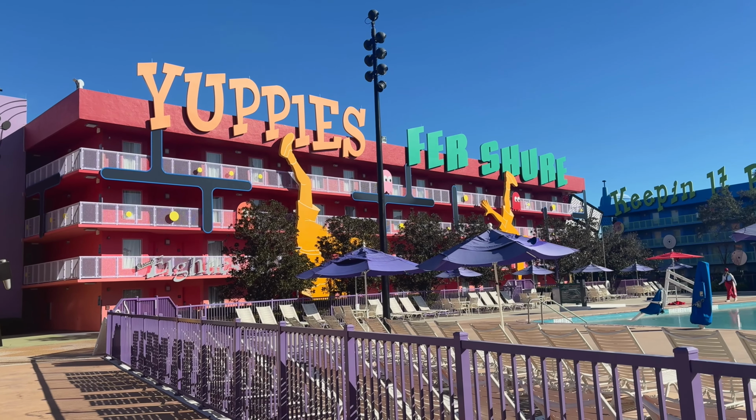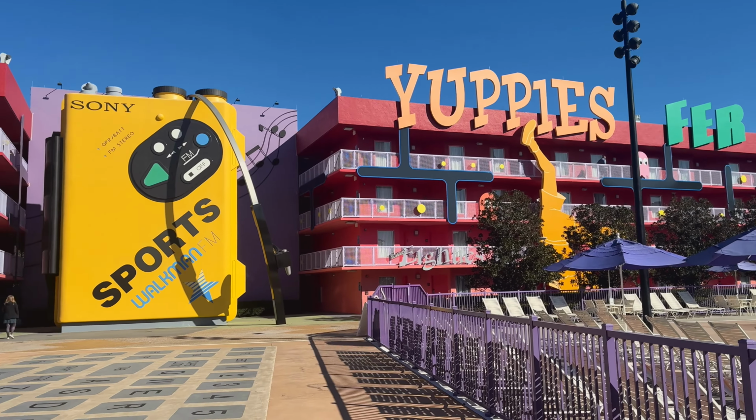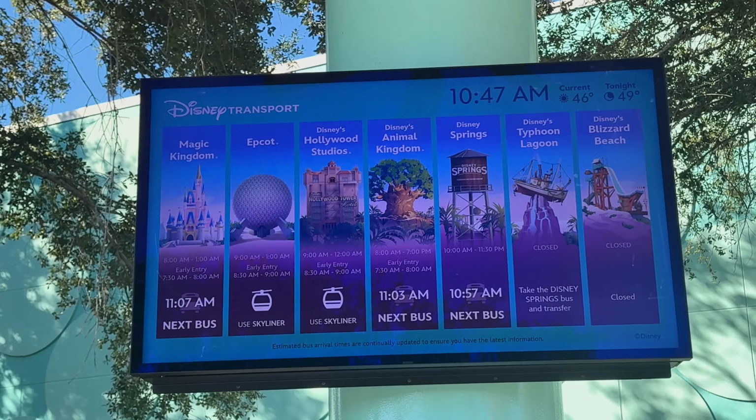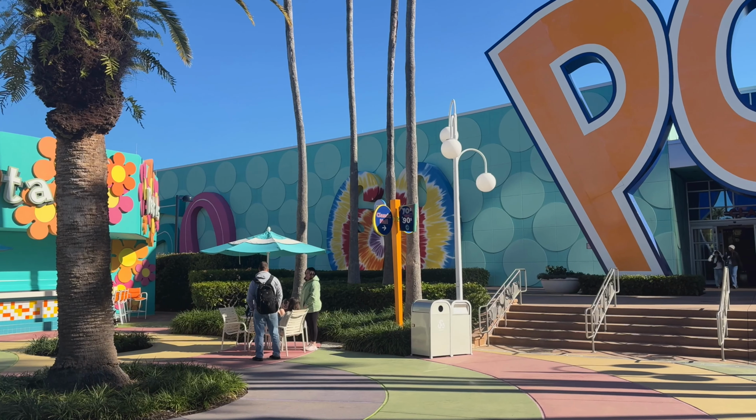There's nothing quite like staying at a Disney resort when you visit Walt Disney World. You get plenty of perks such as early theme park entry, free parking at the resort and Disney theme parks, free transportation around Disney World property, on-site dining options, and staying immersed in the Disney magic even after you leave